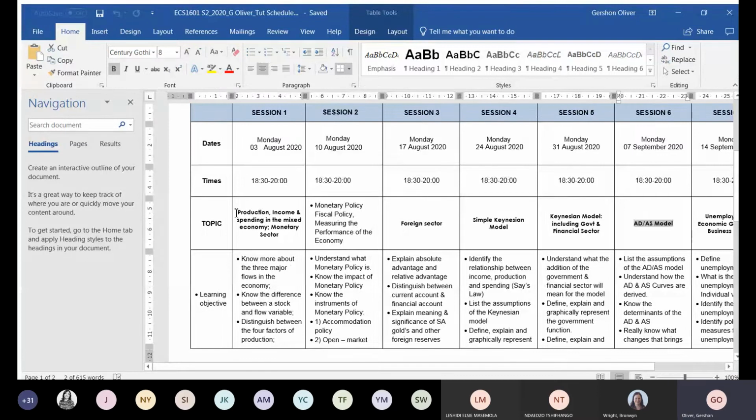So I'm going to focus on production, income, and spending in the mixed economy, and of course your monetary sector. But the thing is, for the first tutorial, I like to take things a little bit slow, and just to get you used to some of the terminology, certain words I'm going to be using. Okay, of course, you've gone through the ECS1601, but bear in mind that that is more of the microeconomics. So it's looking at the behavior of your firms, your households,